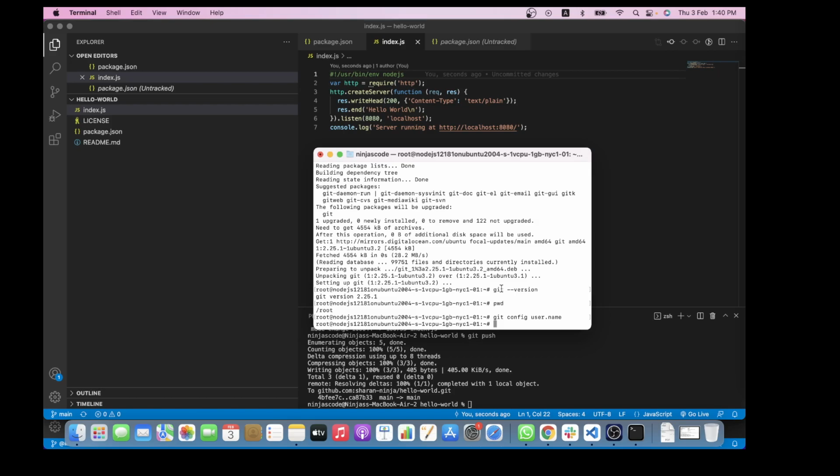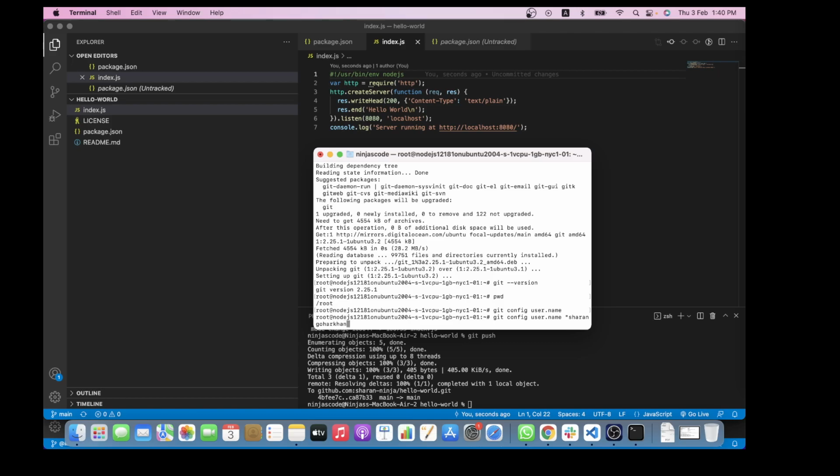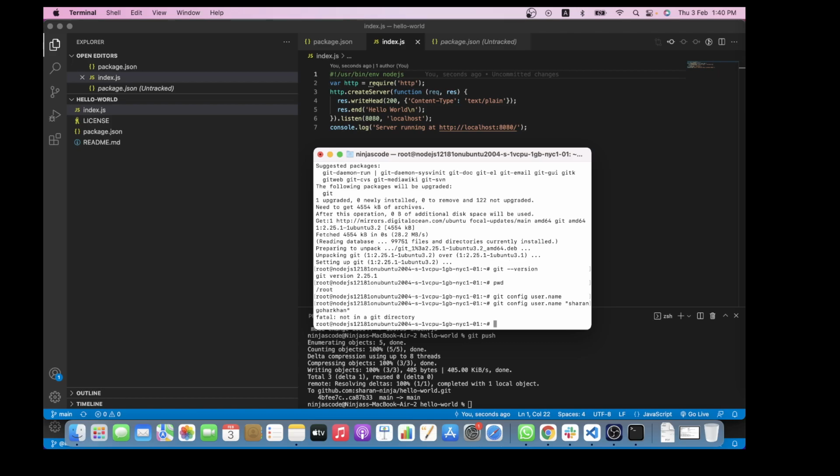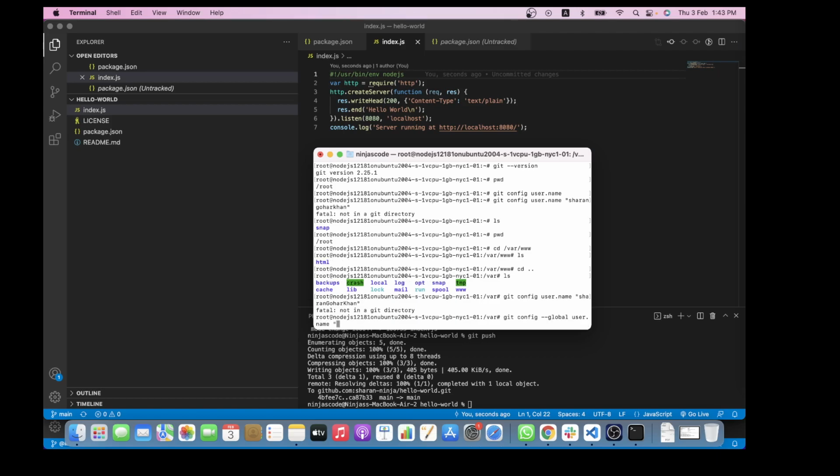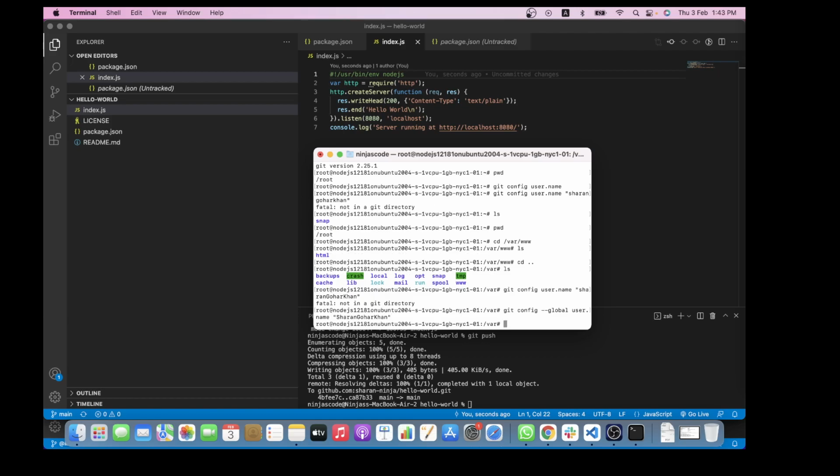You can enter your username that way. This should be your GitHub username. Since we want to set our username globally, you can do this with a global flag. And then just to check if it's working,